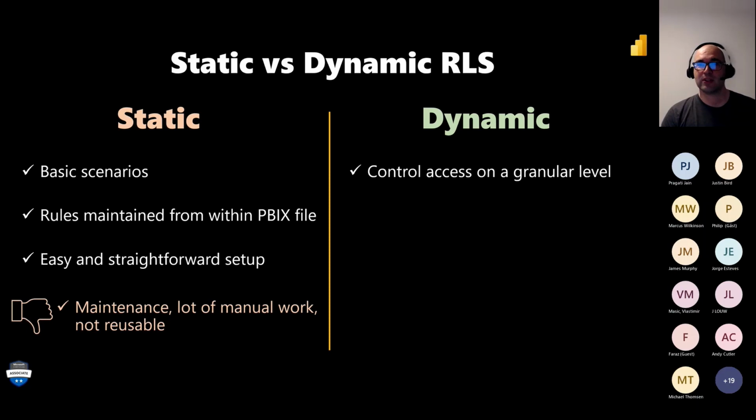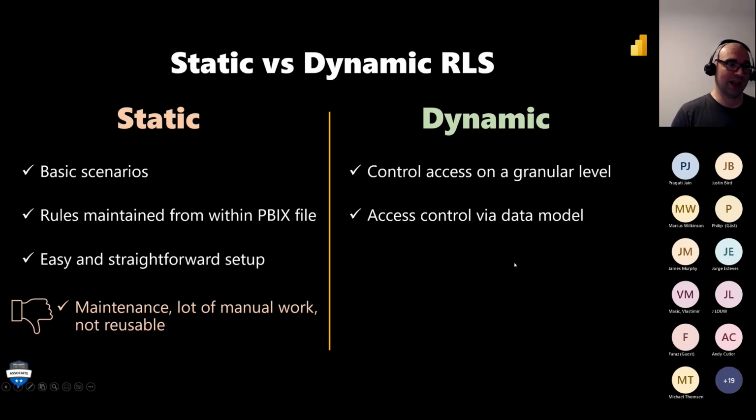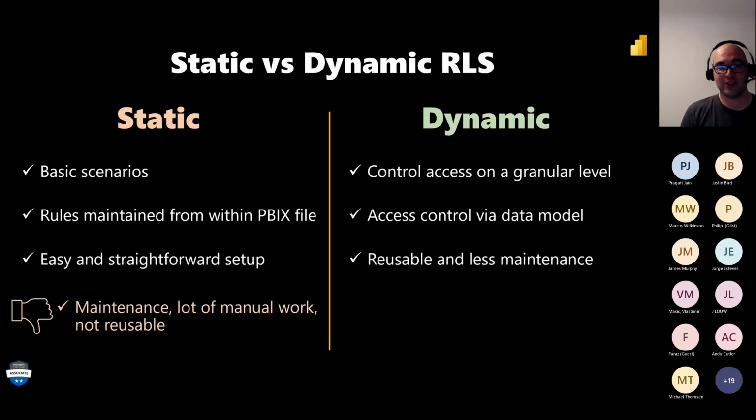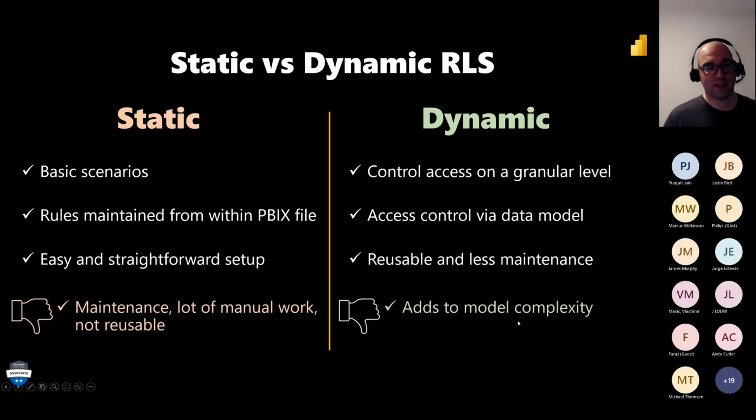For dynamic row level security, it requires slightly more complicated setup, but it gives you the possibility to control the access on a more granular level. So unlike in the previous case, here access control is defined within the data model via tables and relationships. The good side of dynamic row level security is that it's reusable and requires less maintenance from your side, but the most noticeable downside is that it adds to model complexity because you need to add additional tables and relationships